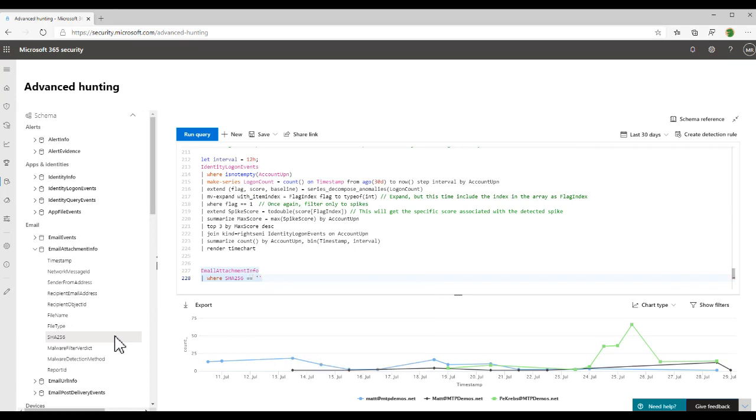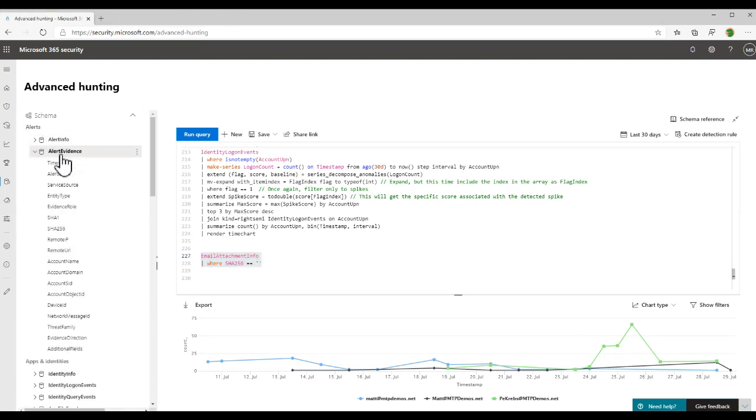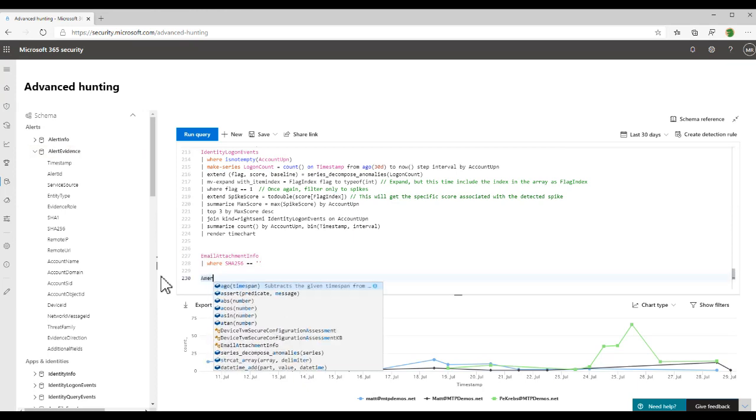There's also, if you're looking for an alert associated with a hash, so let's say perhaps it didn't fire an alert for whatever reason. Maybe it's not actually malicious. Maybe you're looking for data exfiltration or something that happened using a legitimate user or something. That would be how you would search for it that way. If it is something suspicious or maybe associated with an alert, alert evidence would be where you would go. So if you take alert evidence,